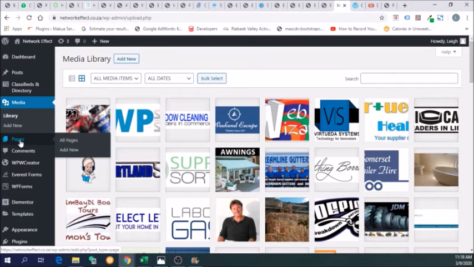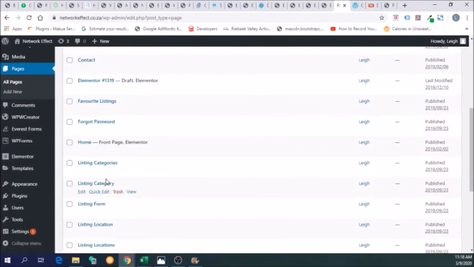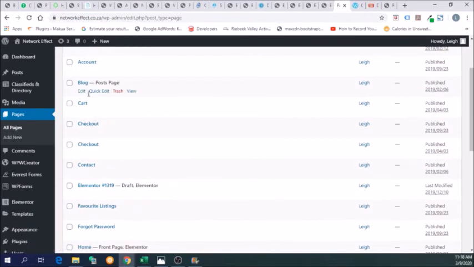Below that you have your pages. You have all pages of your site. Okay, so you can have a look here. This is where you can access all the pages of your site, and you can go in and edit them. You can go in and remove them, or just preview them. If you want to add a new page, you just click on Add New, but that we will also deal with in one of